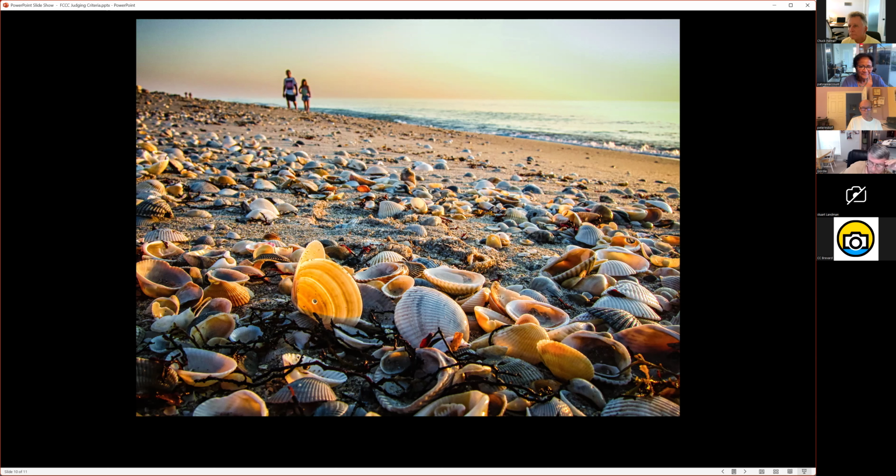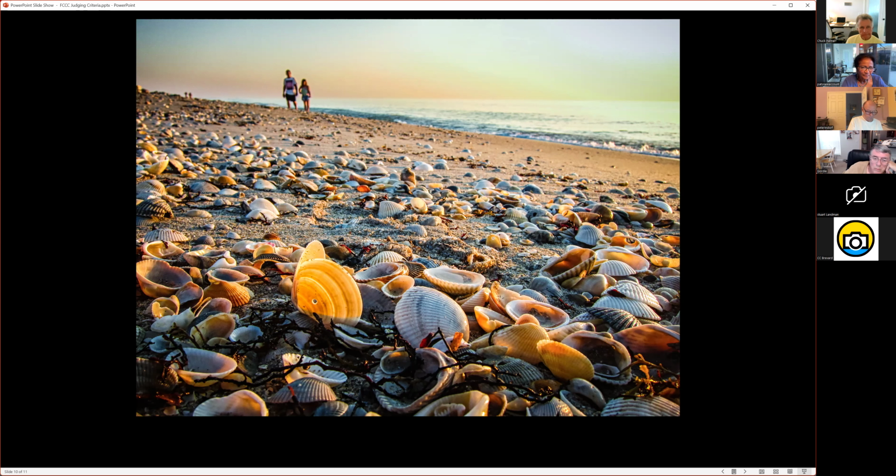Can you hear me? Yeah. You're trying to tell a story here, and it does do that. The idea of the composition is good, but it's messy. You have to be very careful when you have a foreground that is very distracting. Why? Because of all the seaweed and junk. It's not pretty. And I love the idea of what he did.